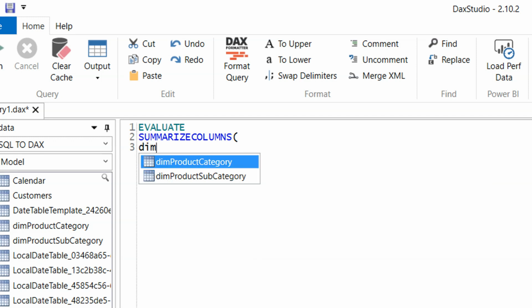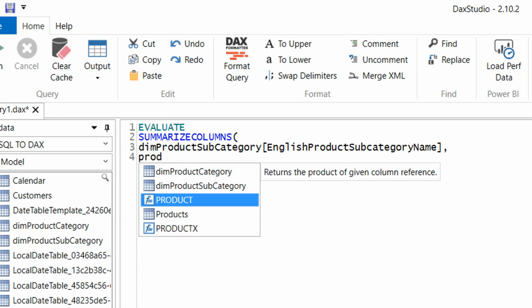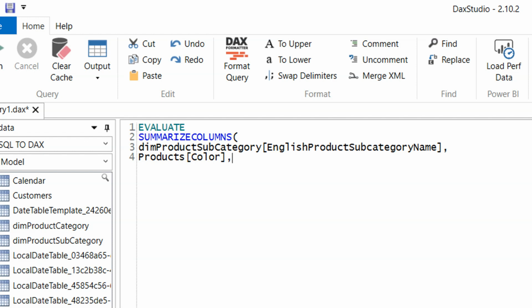The first one is the DimProductCategory English subcategory name, and then the second column is product color,